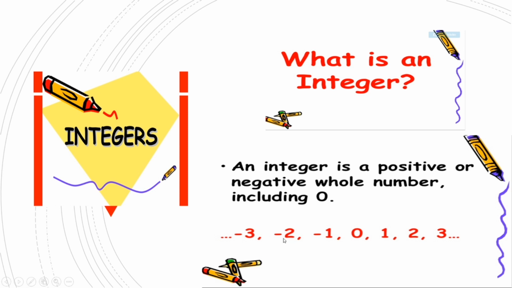The numbers which have a minus sign are called negative numbers, and the numbers which do not have any sign, meaning a plus sign is there, are called positive numbers. Here 0 neither belongs to negative numbers nor positive numbers. 0 is neither positive nor negative. It has neither a plus sign nor a minus sign.